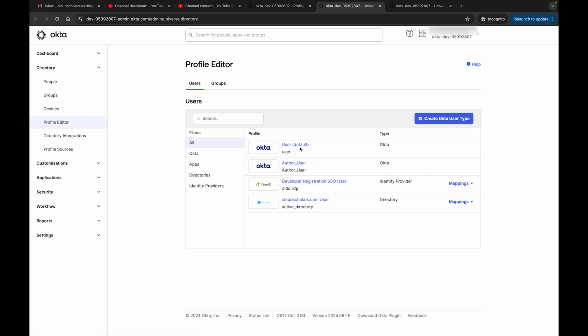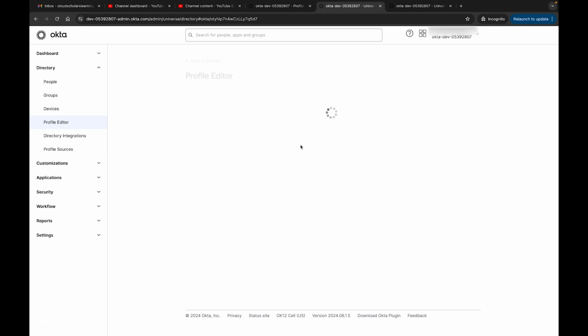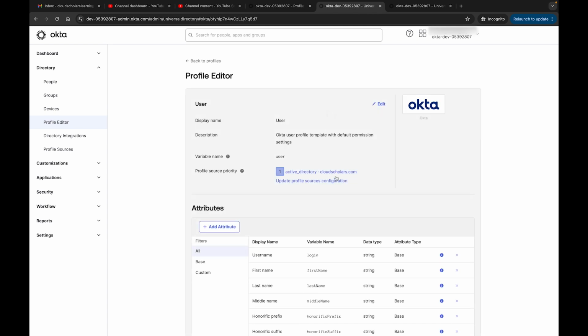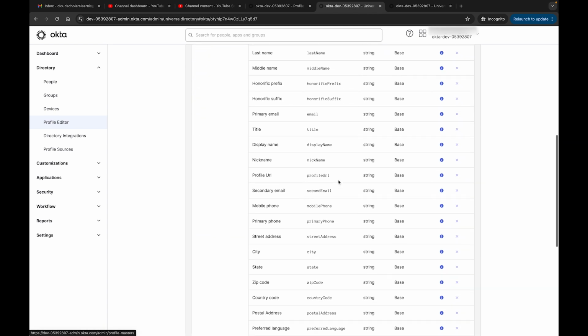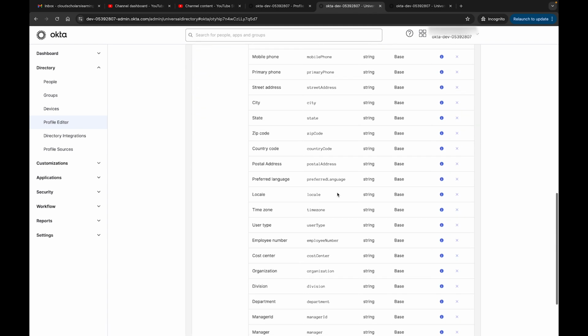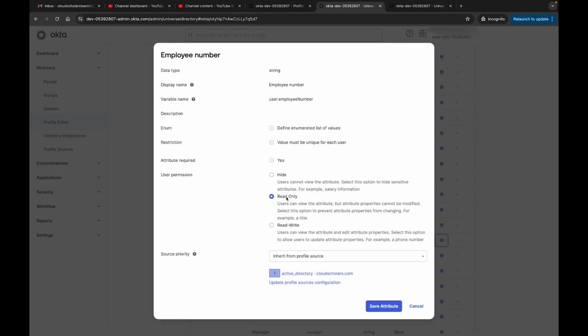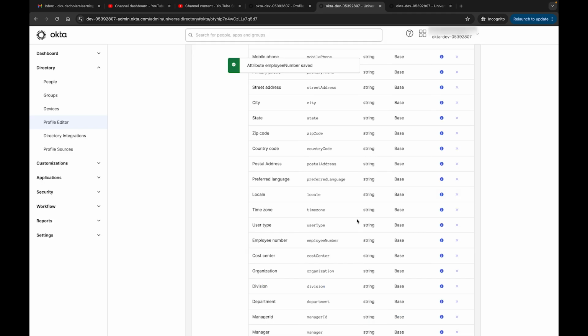And then right here, we can say user default. We have different profiles. We can just click here and we can go in and say, okay, what do we want to change? So it was employee number. If we come down here and get employee number and click on it, right now it's read only, and that's why we were getting that message. So if we click it to read write and we click save attribute,